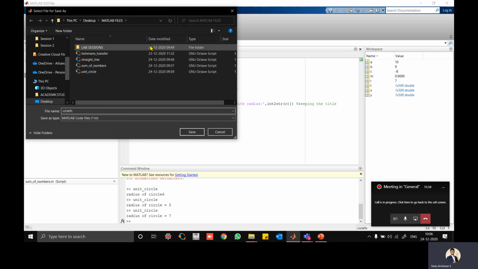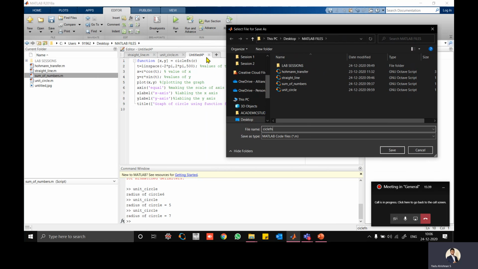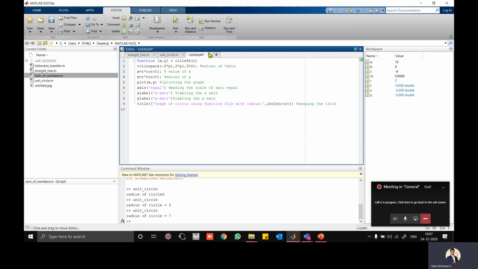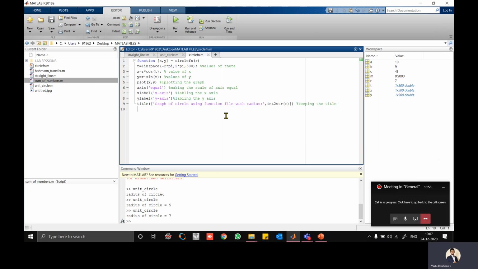Make sure that the function name and the file name are the same. The function name is circle function, the same thing. Save as circle function.